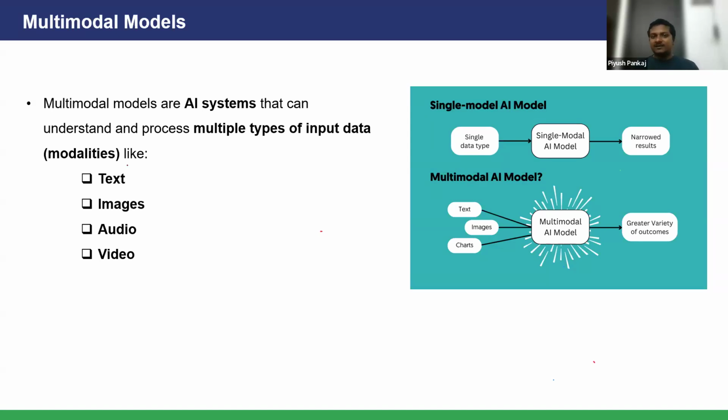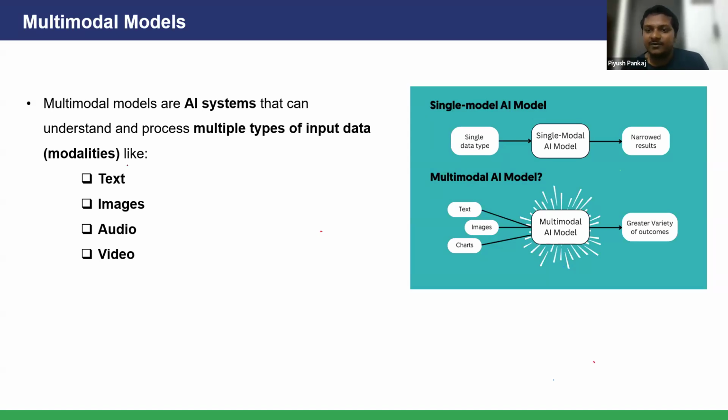It will replace it. Or I'm going to ask ChatGPT to write an essay on something, so what I'm giving is text, right? So multiple types of input data you are giving over here. Then input data have some modalities. Modalities are divided into four simple groups: text, images, audio, video, like multimedia files and all.